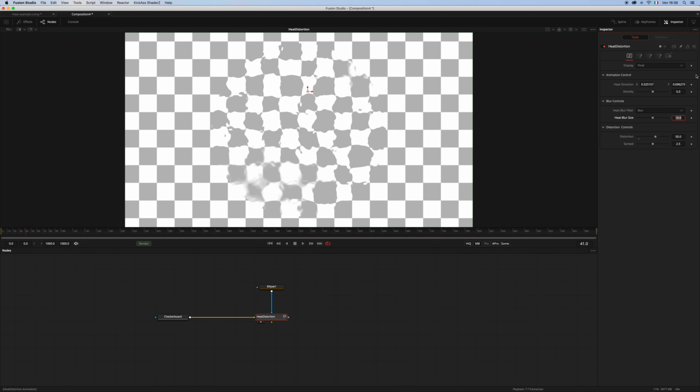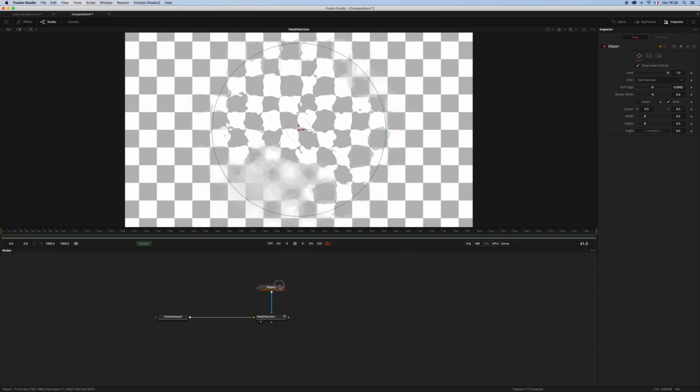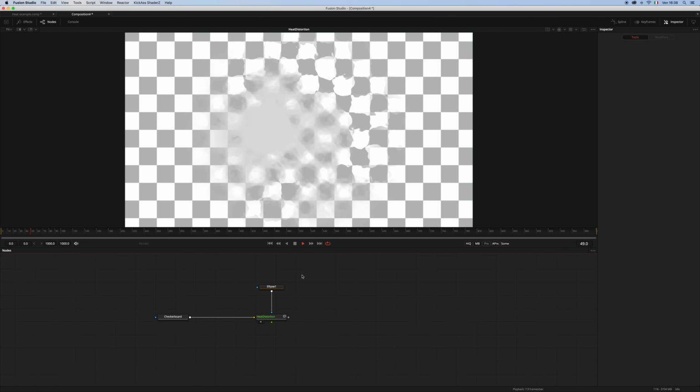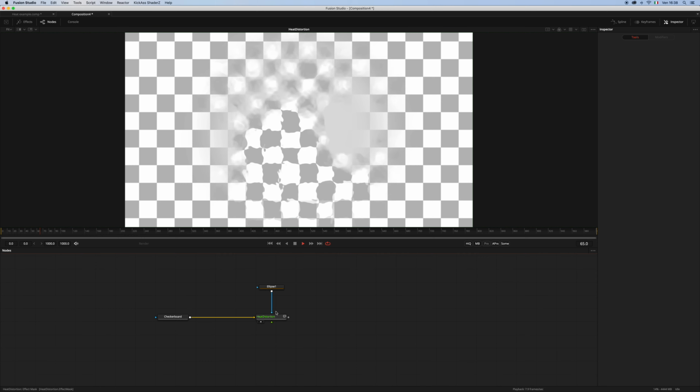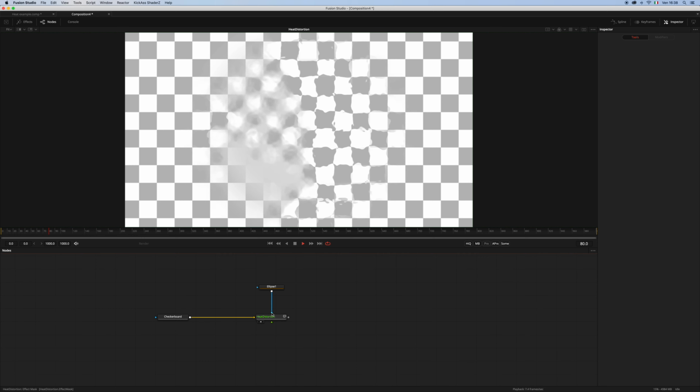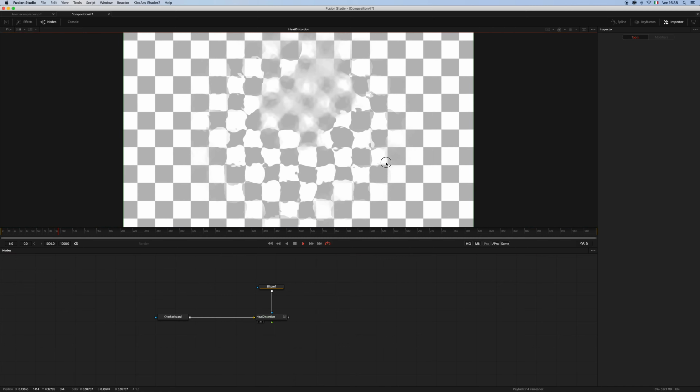Let's increase the blur size, and maybe we can soften the edge. Yeah, something like this. So as you can see, using the standard effect mask, you have this kind of layering,